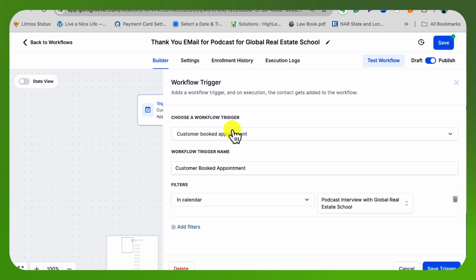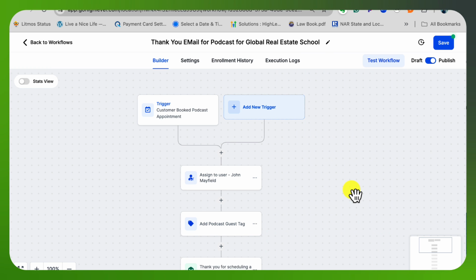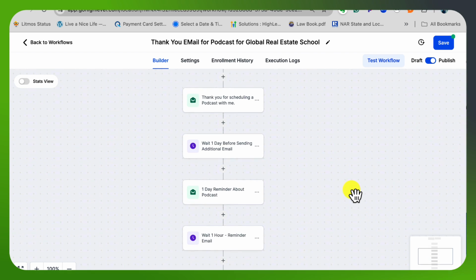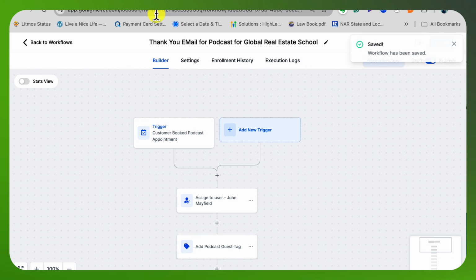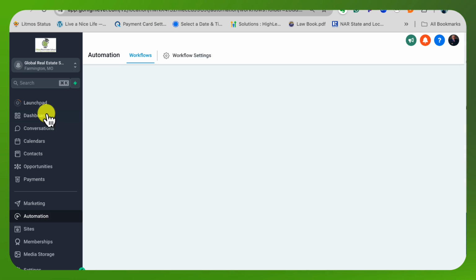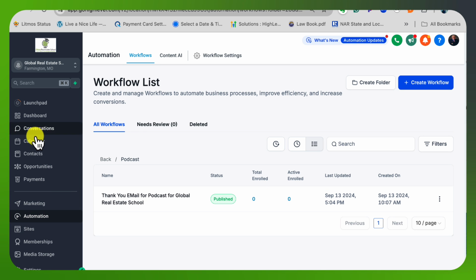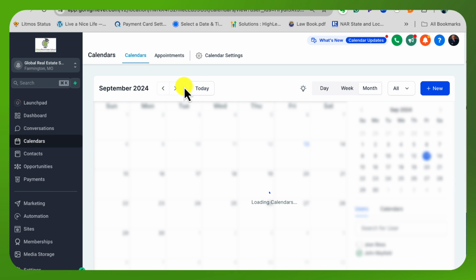And I think this one you can even, I don't think you can name that. Yeah, I guess you can. Customer booked a podcast appointment. I think when you get in the habit of doing that, as you get in workflows, it makes it easier if you have a problem. And then, so all I need to do is click save. Everything is saved. So let me just go back very quickly to the calendars,